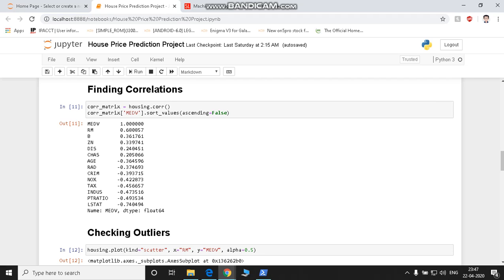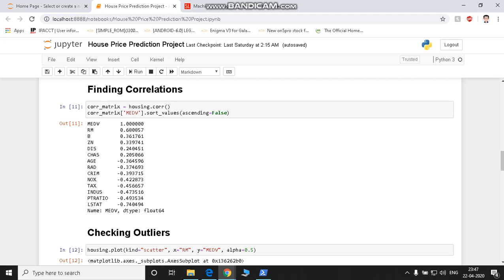So this correlation matrix tells us that here MEDV is the cost. So the correlation of MEDV with MEDV is 1. That means with increase of MEDV there is equal increase of MEDV, and accordingly with increase of RM there is high increase of MEDV, and with the decrease of LSTAT there is a high increase of MEDV.